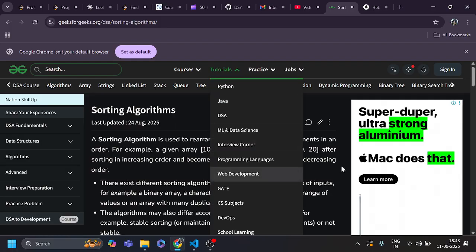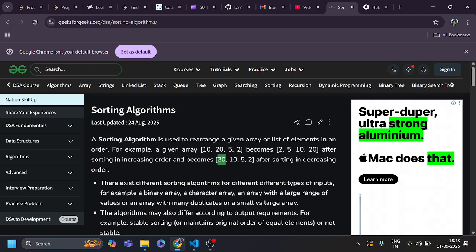So here you can see this is the array in decreasing order: 20 comma 10 comma 5 comma 2, and this is the array in increasing order: 2 comma 5 comma 10 comma 20.